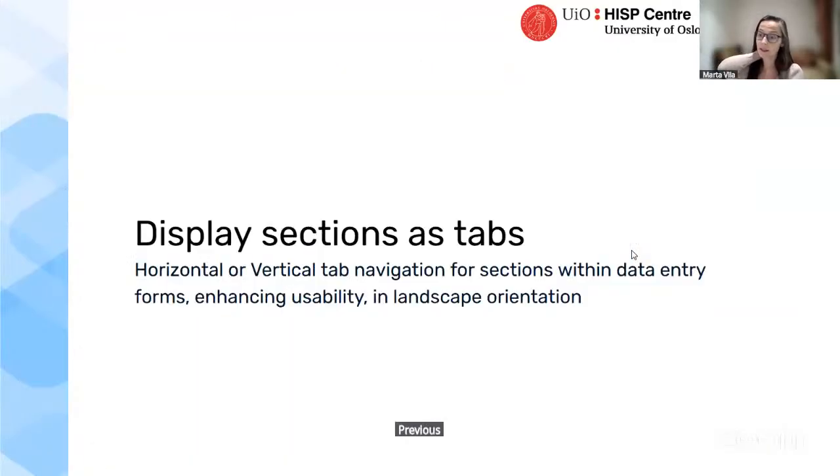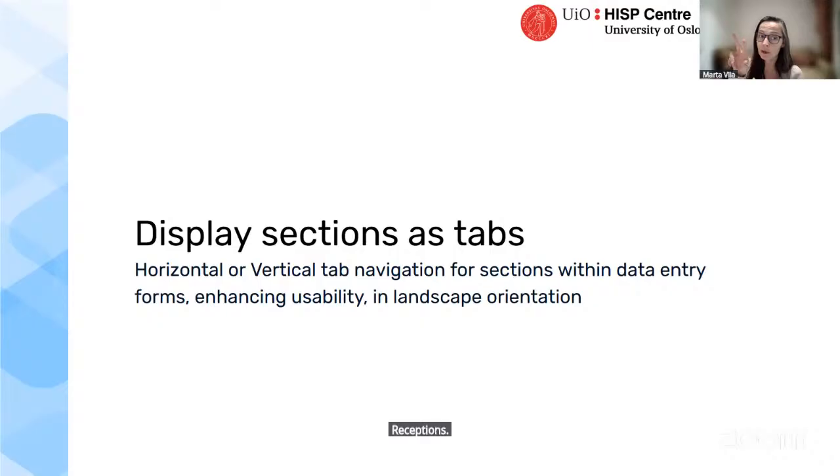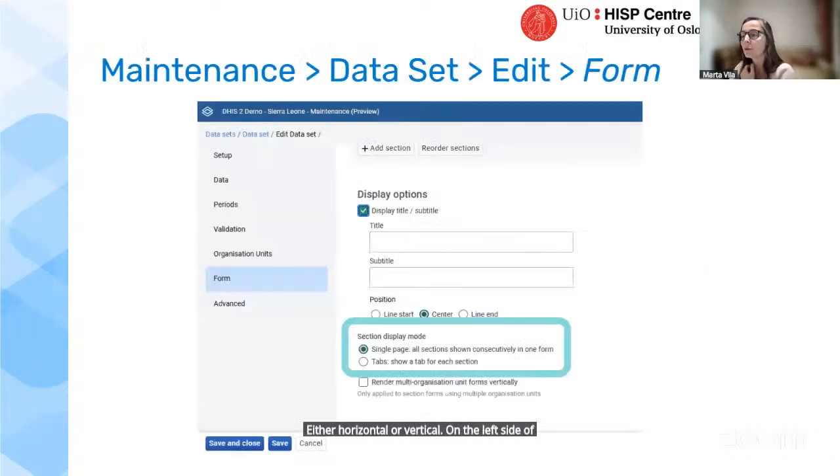Previous to last is the display sections as tabs. This is a very old friend, but it has an improvement. So displaying sections as tabs, this behaves a bit different between web and Android. I will explain as I show you on the screen, but it just lets you flip the sections. First thing, showing them in tabs, navigate like actionable tabs, either horizontal or vertical on the left side of your tables. So to configure that, by default, it will be in single page, which means all sections are shown